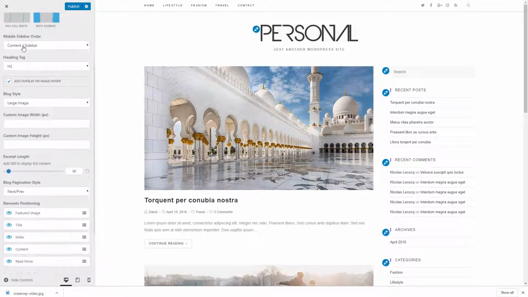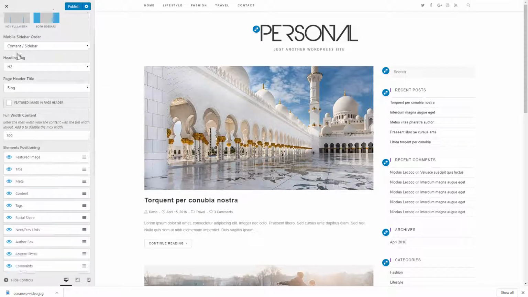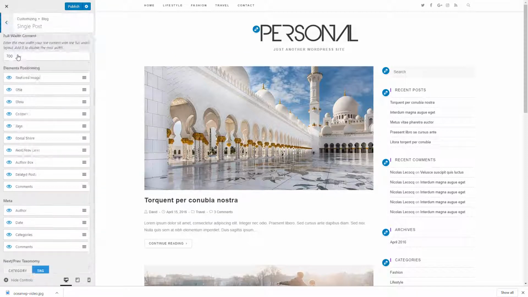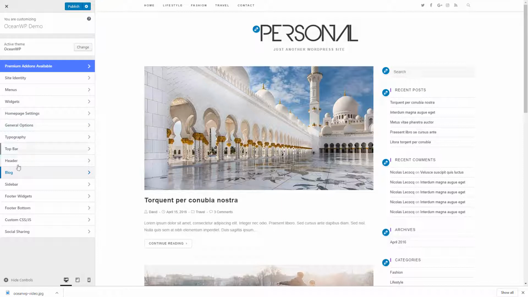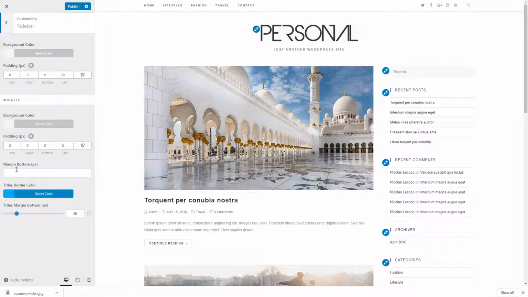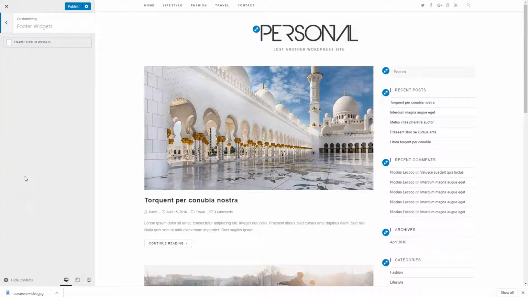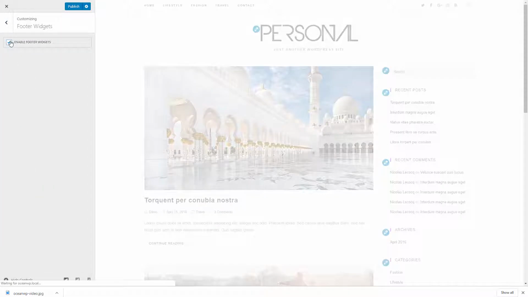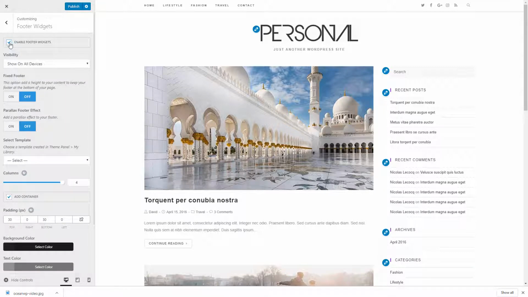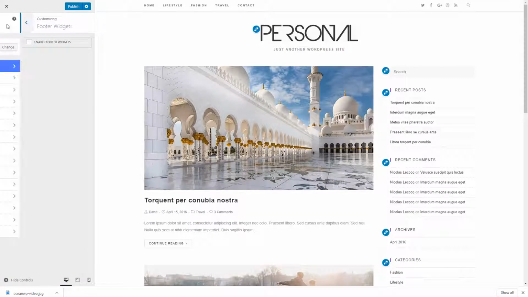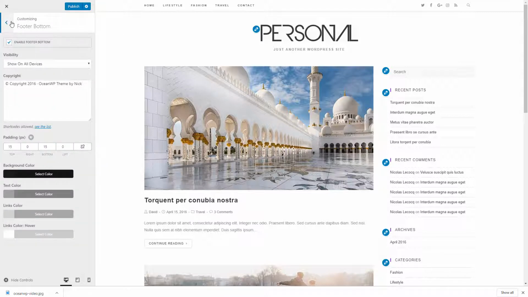Blog options, sidebar options, footer widget options, footer button options,